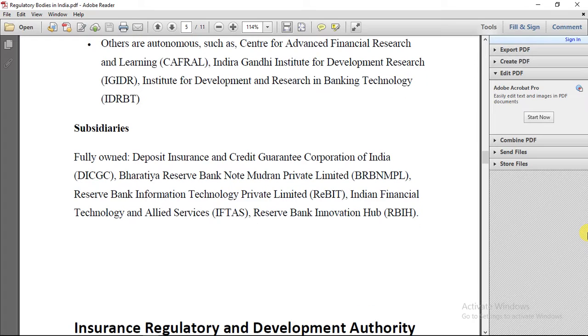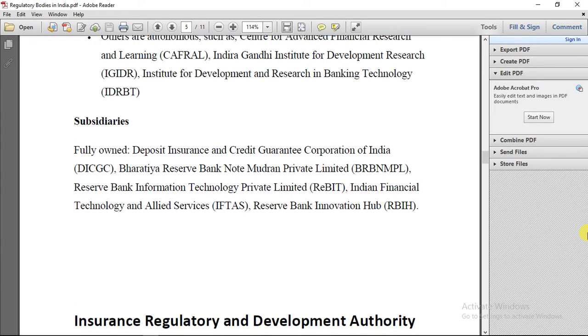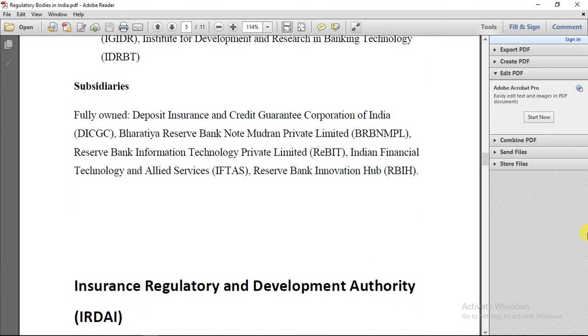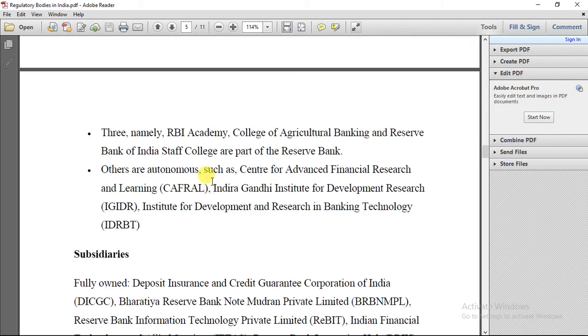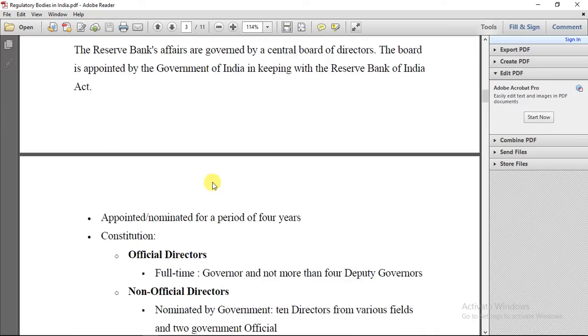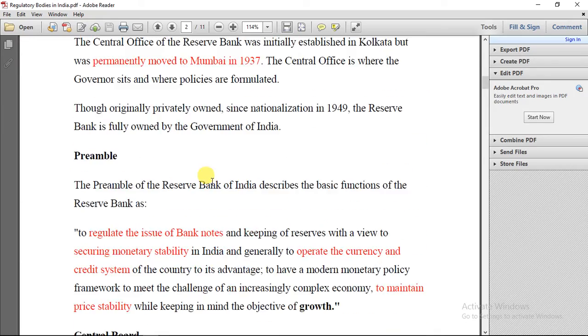Now there are certain subsidiaries or fully owned subsidiaries of RBI like Deposit Insurance and Credit Guarantee Corporation of India, Bharatiya Reserve Bank Note Mudran Private Limited, Reserve Bank Information Technology Private Limited, Indian Financial Technology and Allied Services, and Reserve Bank Innovation Hub. So this is the basic concept of RBI we have understood, and next one is